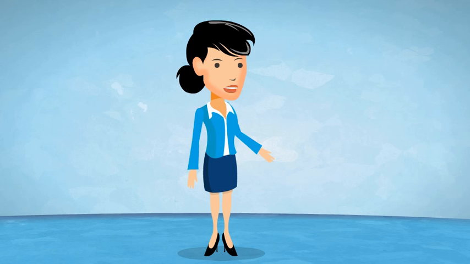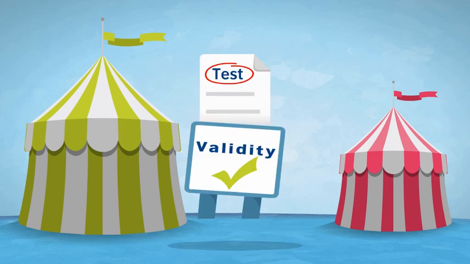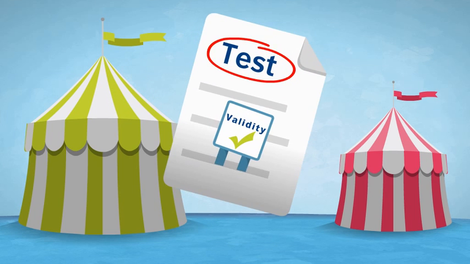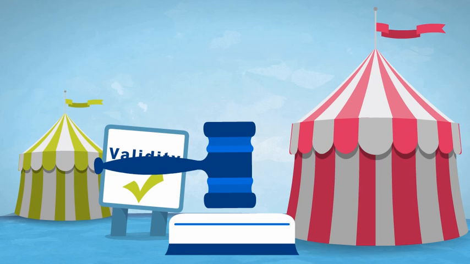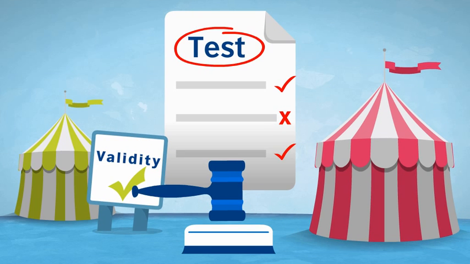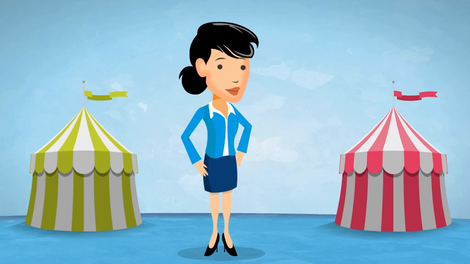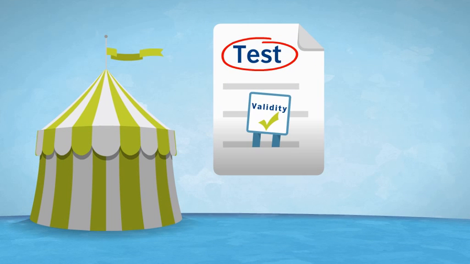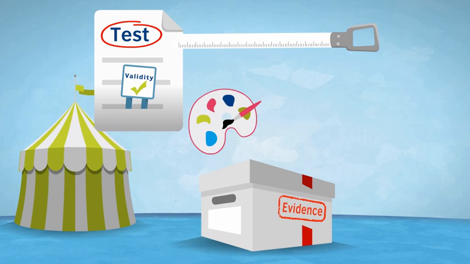In fact, there are two camps here. One argues that validity is a feature of a test. The test does what it claims to do. The other claims that it is a feature of the decisions that are made based on test performance. Let's think about those two positions for a moment. If validity is a feature of a test, then we only need to gather evidence that the test is measuring a particular trait or ability.